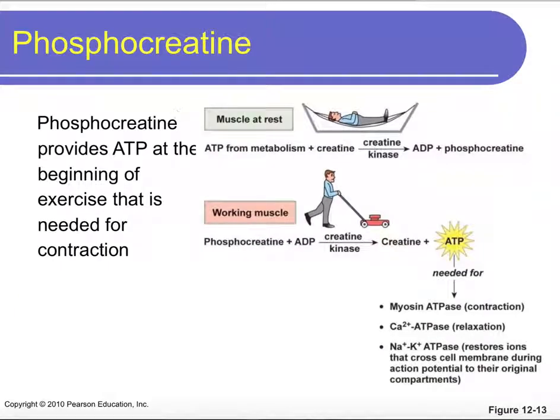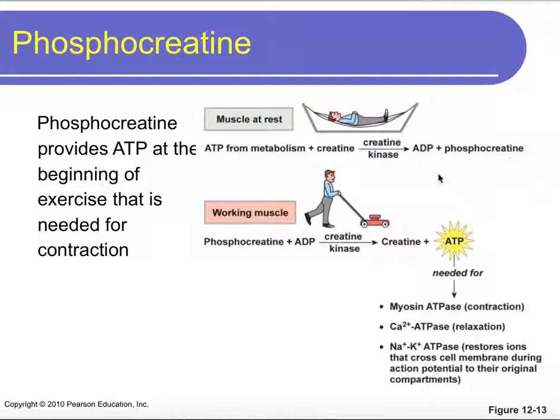So obviously we need a lot of ATP for muscles to contract. And there are different ways we can get that ATP. One way is through phosphocreatine. So when we're at rest, when we make ATP through metabolism, aerobic metabolism, we may not need all of that ATP. And so what we're going to do is take the energy in ATP and attach it to creatine. The enzyme creatine kinase will do that for us. So if we take one of the phosphates out of ATP, triphosphate, we end up with ADP, diphosphate. And all we did was take one of the phosphates and attach it to creatine, so now we have